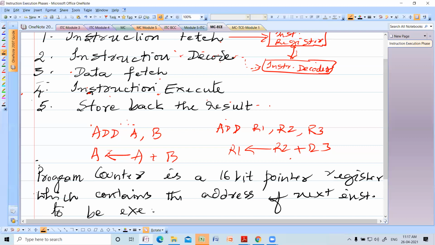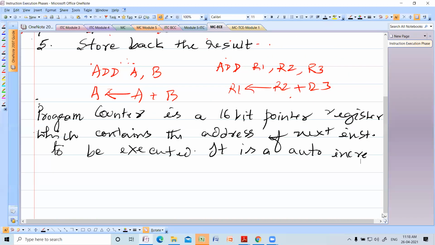It's very important. One more point: it is an auto increment register. Auto increment register. Very, very important.